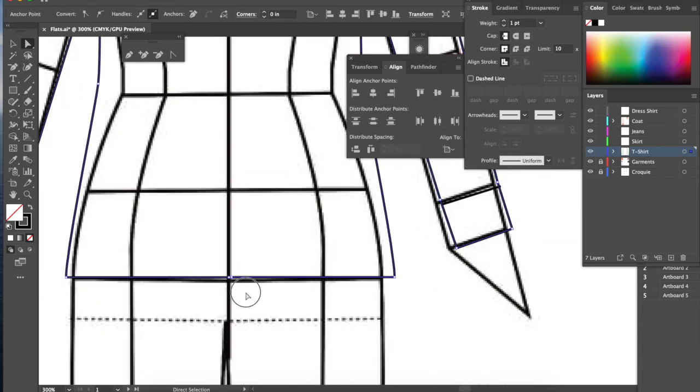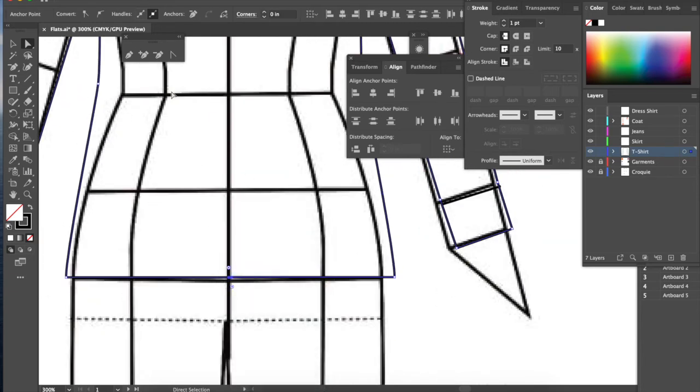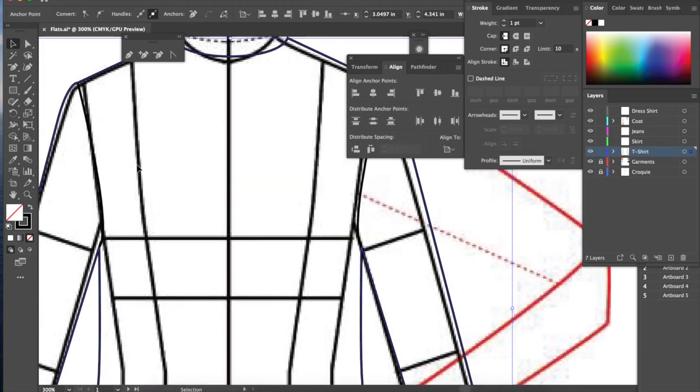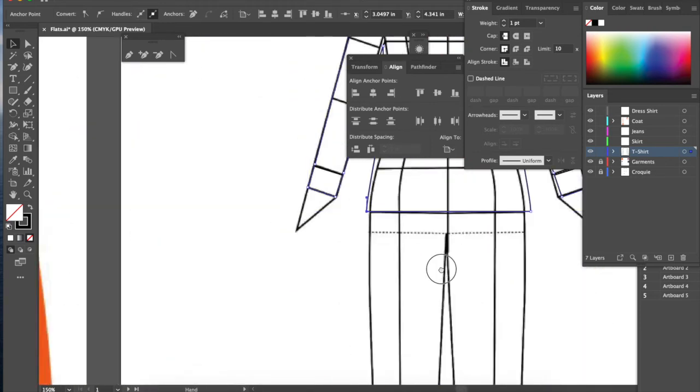We're going to go down here. We're going to do the same thing. Select both these, right click and join. And here we can delete these anchor points too, because we're in a straight line, so they're not serving any functions whatsoever. Now we have the outline of our garment